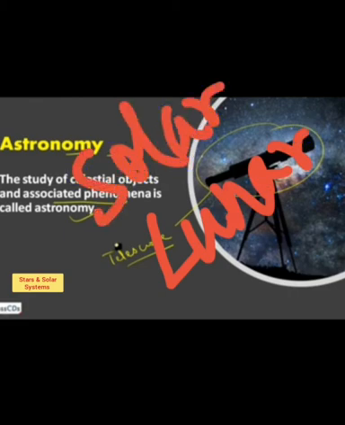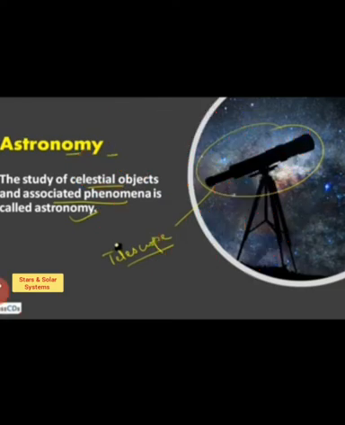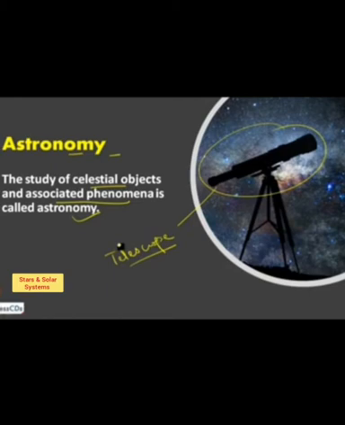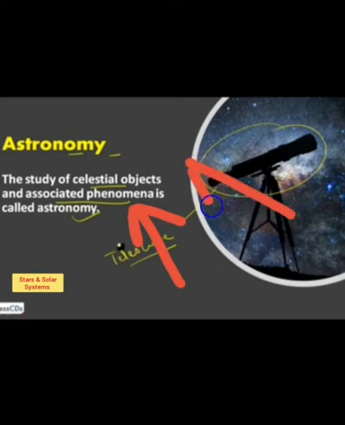If it is in case of sun, it is said to be solar. If it is in case of moon, it is said to be lunar. So how these phenomena take place, these are only the phenomena. These studies are done under one branch of science. It is the chapter you are studying in your science book, so it is related to your science. So the branch of science in which the study of celestial objects and associated phenomena is done is called